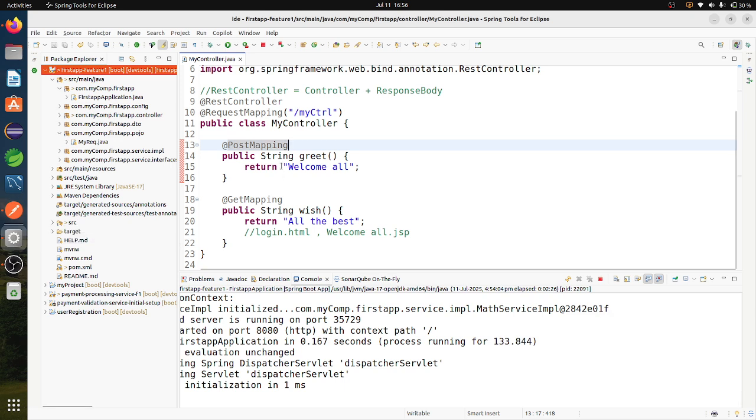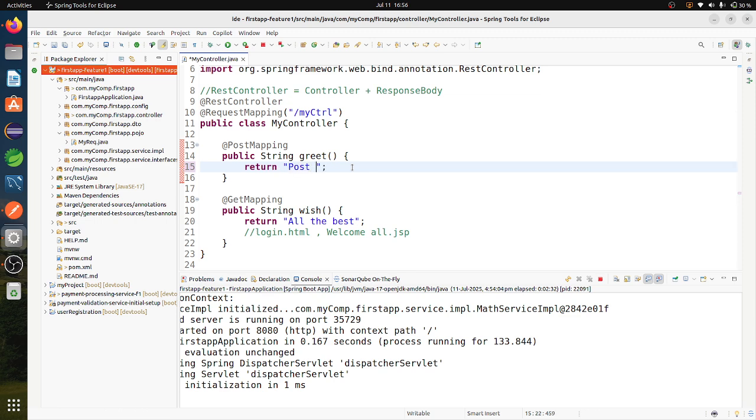What I will do here, I will change to post mapping and get mapping. Then I can easily understand from which method or from which mapping type it is coming.